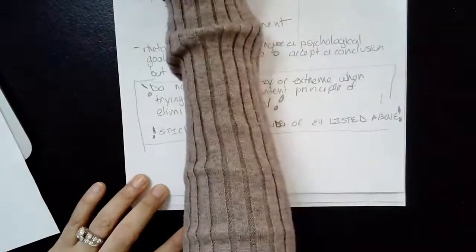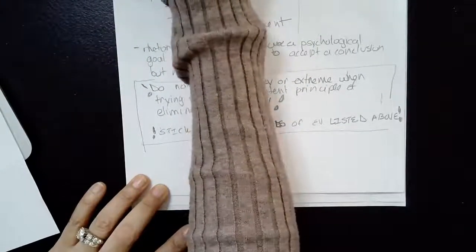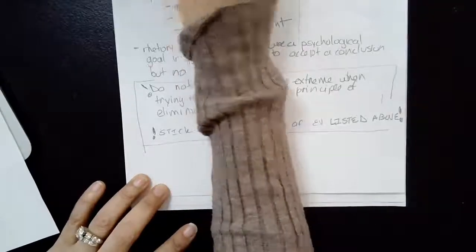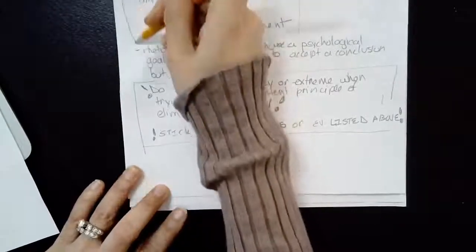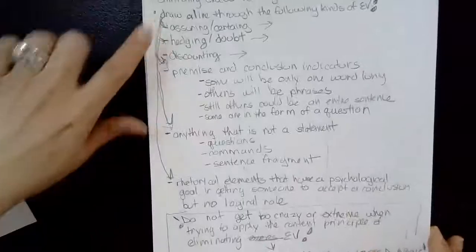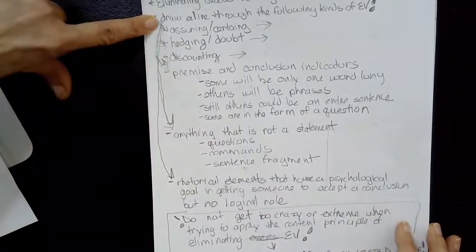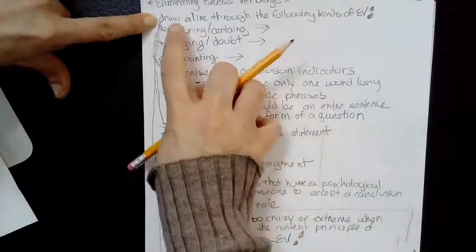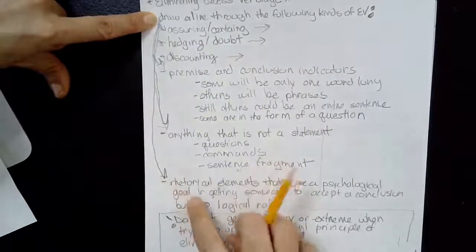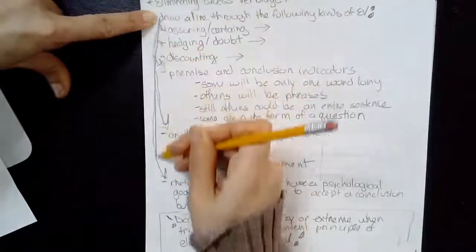So drawing a line through these kinds of things. We're drawing a line through this kind of thing. So I'm just drawing from the command that I'm giving you, if you will, the logical command. Draw a line through all these kinds of things. You're also going to draw a line through